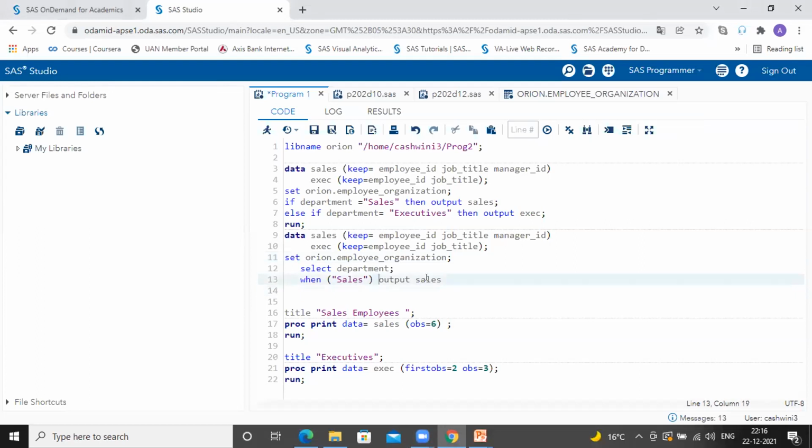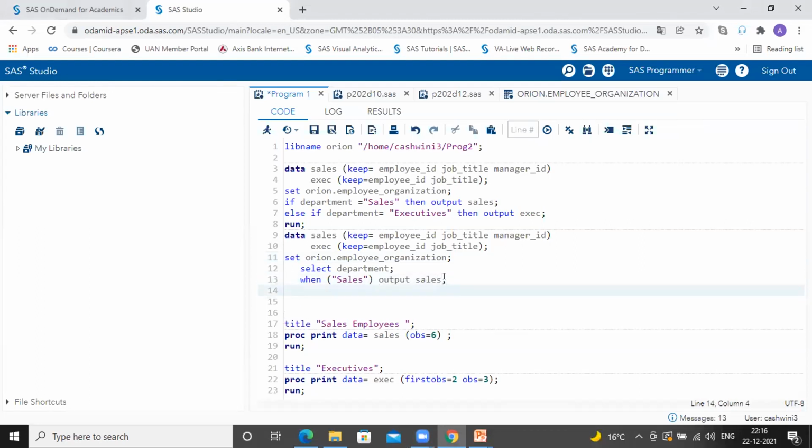Ashwini, you're showing that select statement, right? How to use it? Can you show me, please? Yes.